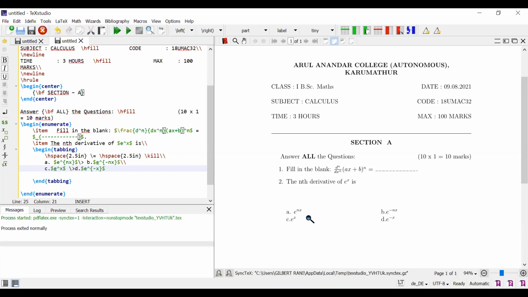Compile it. So we have the option. Suppose instead of equal, you can fix 1, 2, 3. Instead of this tabbing, we can use the enumeration or itemized.